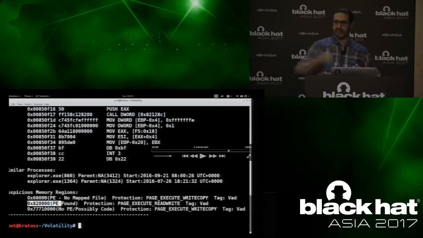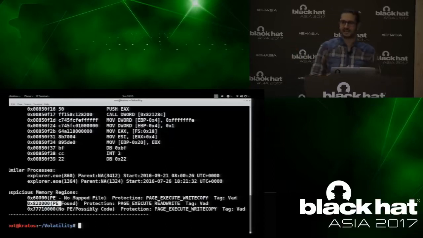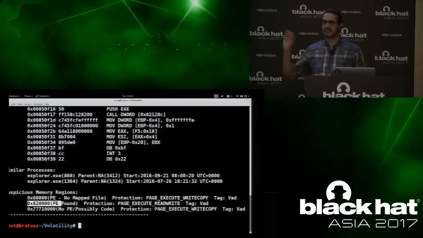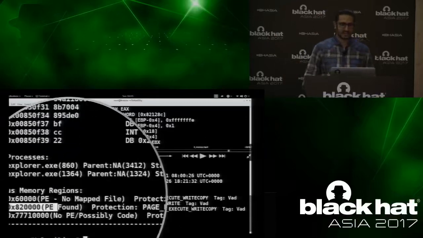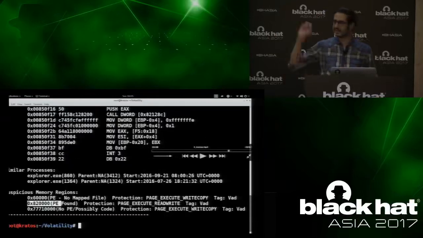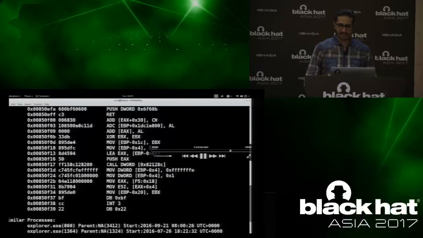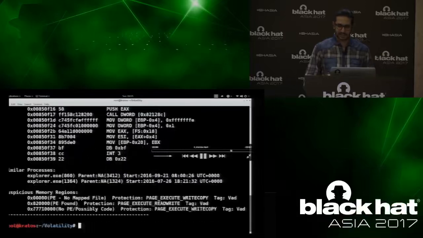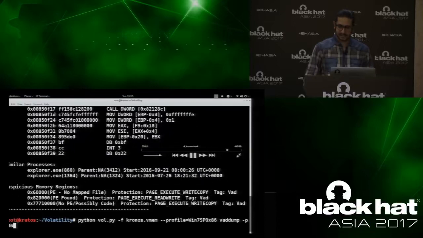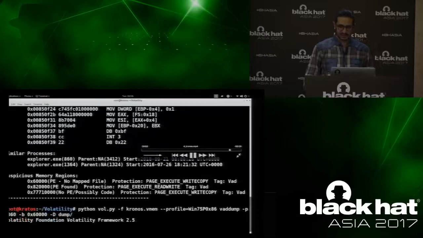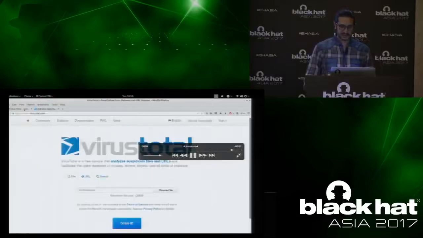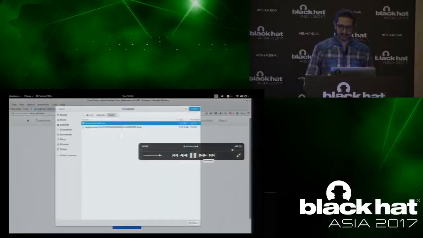In this case, there is no mapped file. It is not loaded from the disk. That tells you that it was not normally loaded, it was injected. Okay? So that's the logic that it uses to detect the injected executable. Now you have detected both the components. Now you can focus your analysis on that address, that 6000, which is the address where the executable is injected. Now you can dump this executable, run it in a sandbox, reverse engineer it. You'll be able to identify the malicious actions performed by the malware.